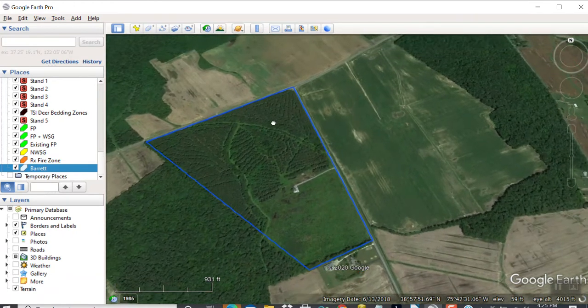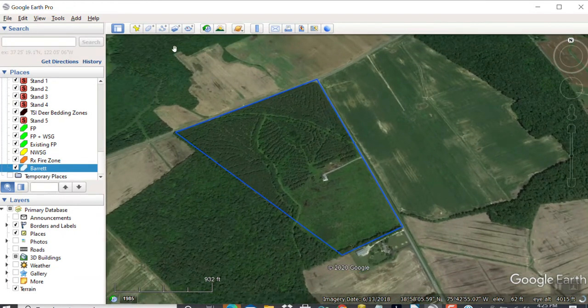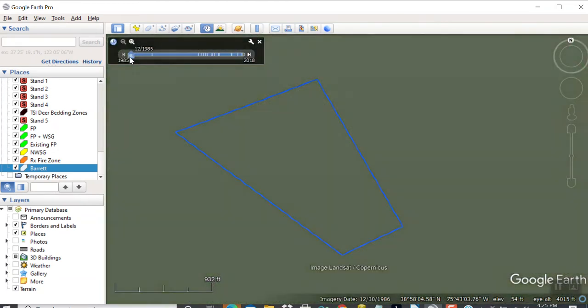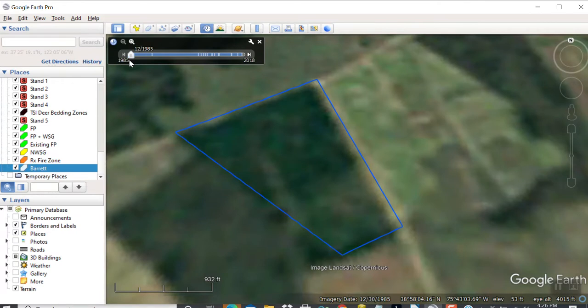This looks like a wet spot to me, so it could be a little swampy, and that's very interesting. But the next thing I like to do is go on the time slider, bring up the time slider, and we'll get the history of this place, okay? So let's go all the way back. The earliest one is 1985,